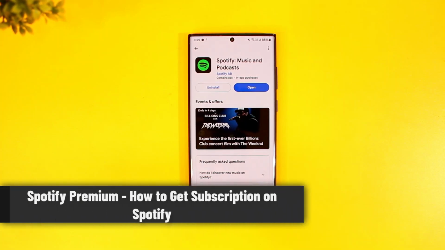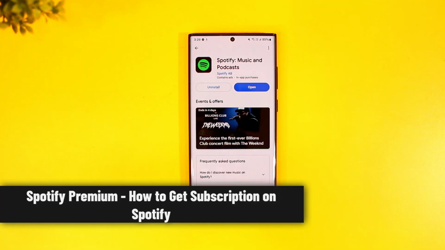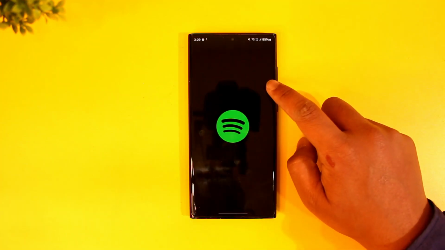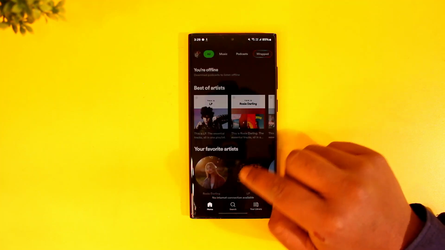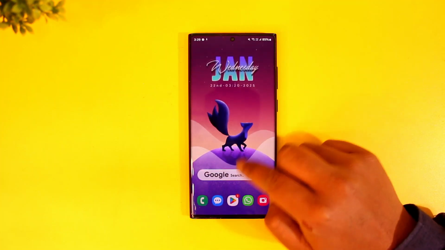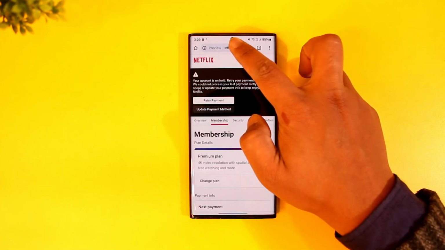Spotify Premium, how to get a subscription on Spotify. Now you can definitely get a subscription on Spotify using the Spotify app on Android, but if you're on iPhone you cannot do so using the Spotify app. So a better way for both is that I would recommend that either you're using iPhone or Android, you simply